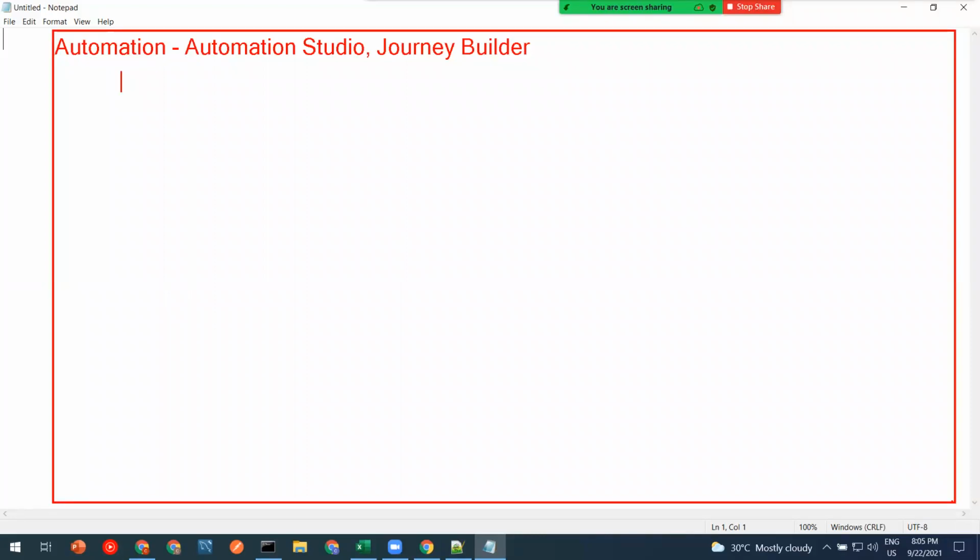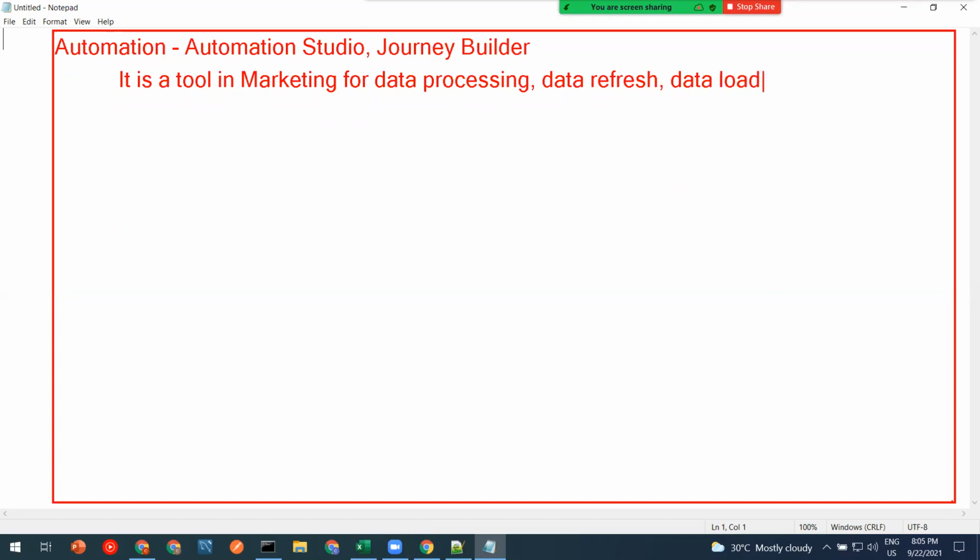If you want to simplify it, I would always say that it is a tool in Marketing Cloud for data processing, data refresh, data load, with sending email and SMS capabilities.